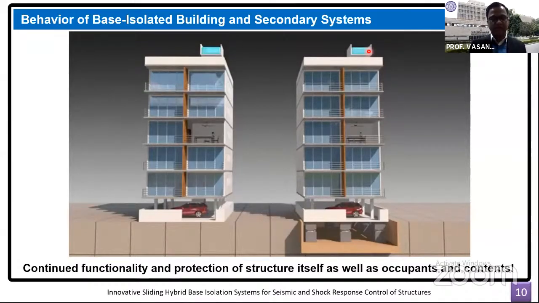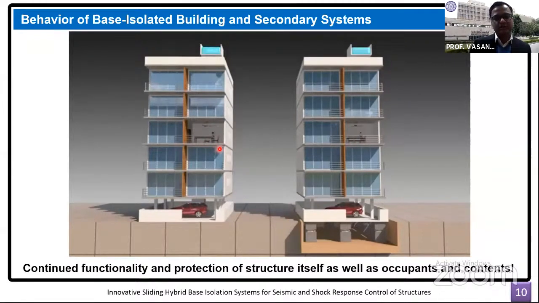not only earthquake resistant, but also that this commercial building should be uninterrupted in its activities during and after some major earthquake. Apart from that, not only should the building be safe, but the contents in the building and the occupants in the building should be protected. So that is the advantage of the base isolation system as compared to any other response control devices such as viscous or viscoelastic dampers, friction dampers or buckling resistant braces. Whenever base isolation is used in a building, the contents in the structure are protected.